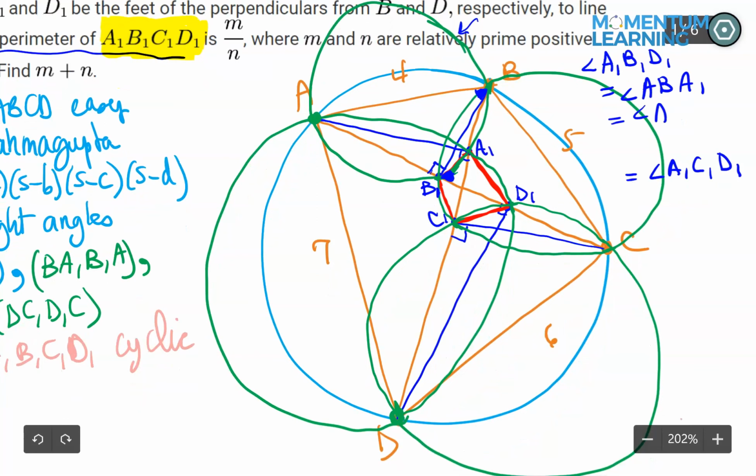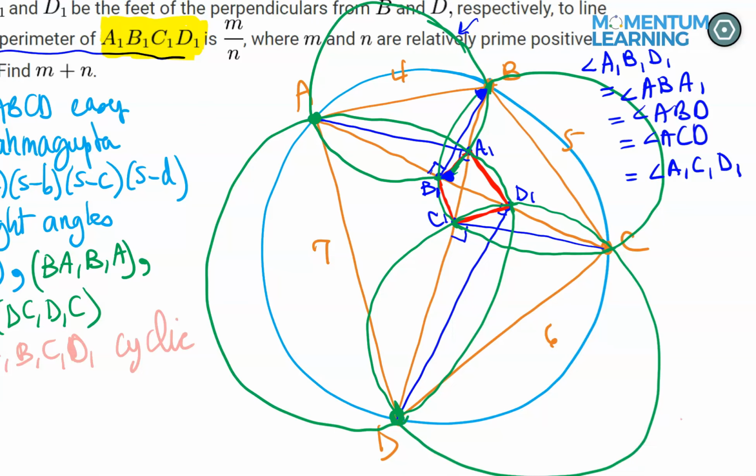Aha, ABD. But wait, ABD and ACD are congruent angles because they subtend the same arc on the cyclic quadrilateral ABCD. So this is the same thing as ACD. And now ACD, so this angle,